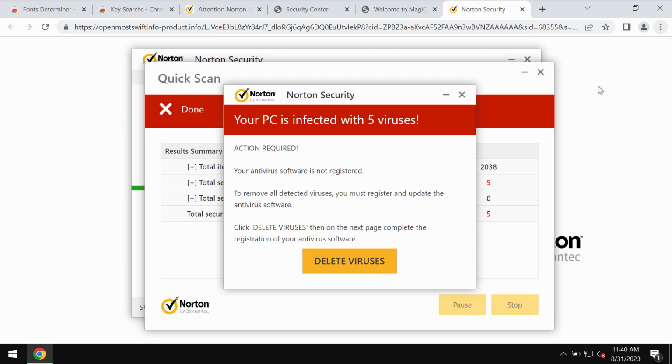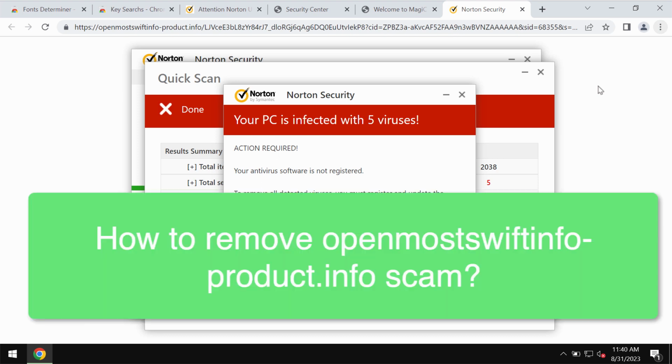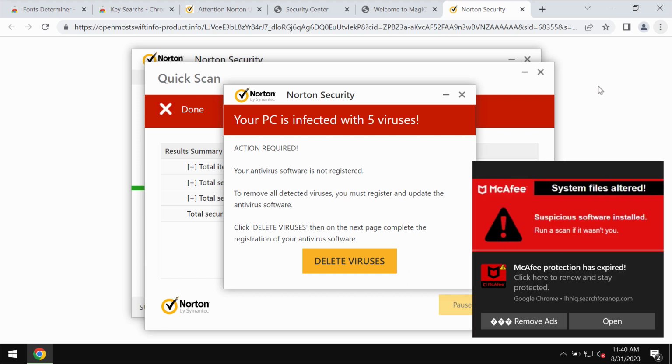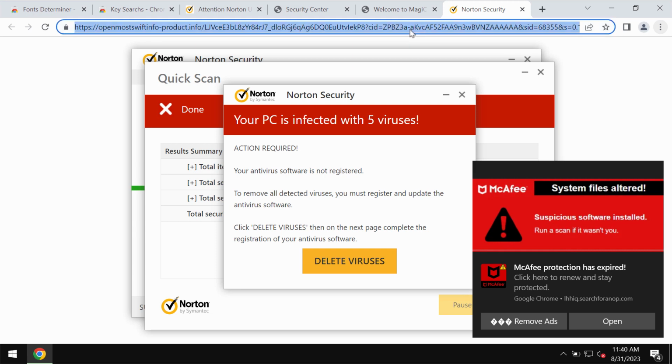Ladies and gentlemen, my video guide today will provide you with help to remove the malicious pop-ups related to the website Openmostswiftinfo-product.info. This is a deceptive site that tries to trick users into downloading and installing certain potentially unwanted software. If you see these pop-ups, keep in mind that they are fake and really deceptive, and you should not tolerate